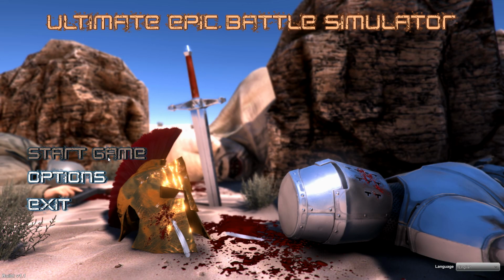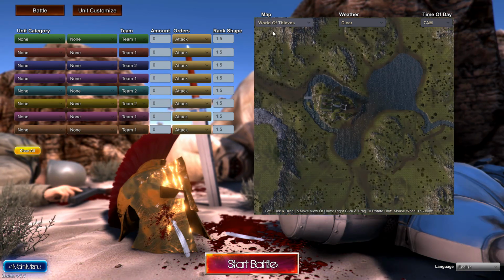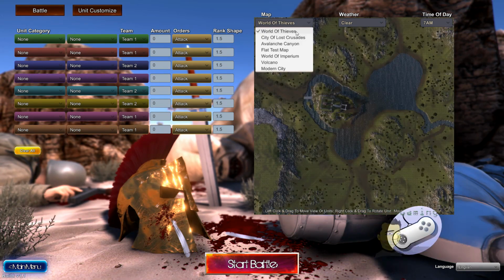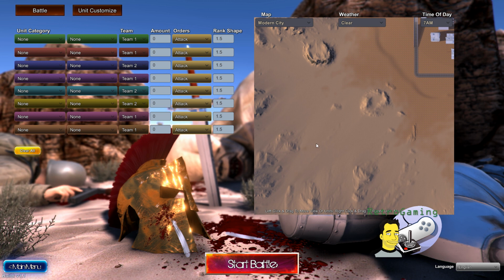Hello and welcome everybody to the Ultimate Epic Battle Simulator. Now today I plan to have an epic battle against World War II German infantry and a T-Rex army. So we're going to choose a map. I think we're going to go for outside the city on that sort of dusty plain sort of area, and